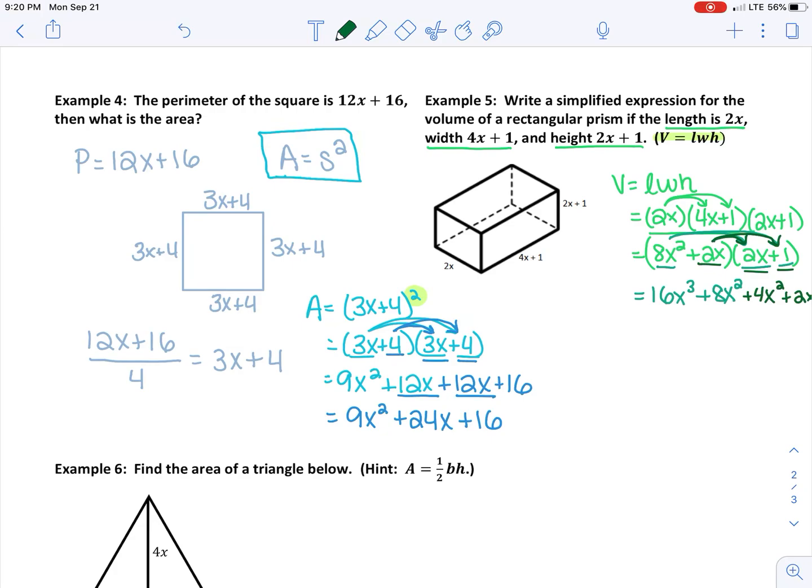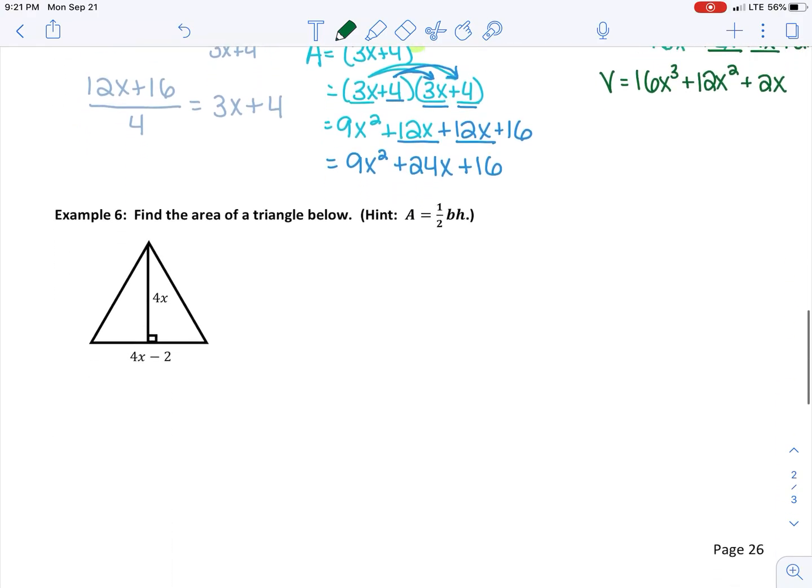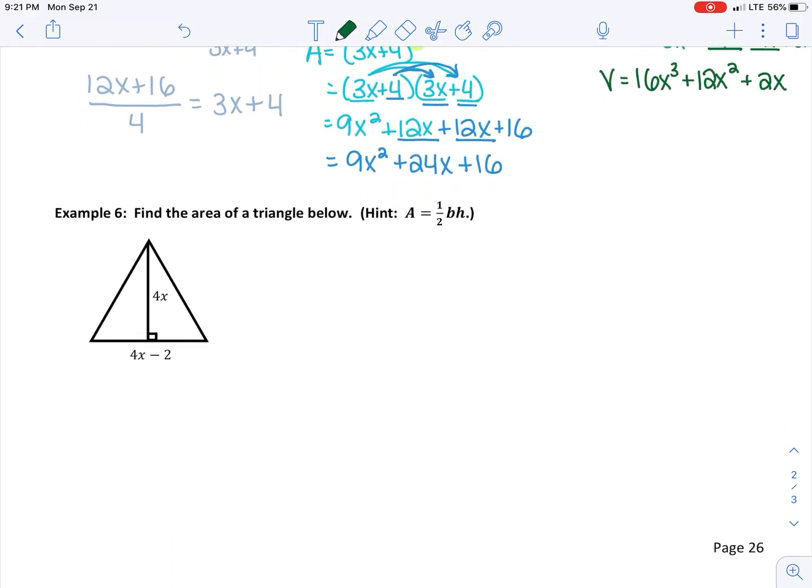Okay, at this point, I can combine all my like terms. So I end up with the volume being equal to 16x to the third. I have an 8x squared and a 4x squared, so that's going to combine to give me 12x squared. And then I also have that plus 2x there at the end. So that is going to be my volume simplified. Okay. The last example that we're going to go over is example 6, and we are talking about finding the